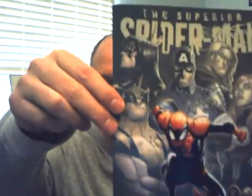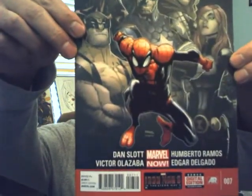Next up is Superior Spider-Man, number 7. Dan Slott, of course. Humberto Ramos, Victor Olazaba, and Edgar Delgado doing that. This is interesting for only a couple things. I'm kind of liking the whole Dr. Octopus as Spider-Man angle, although what I'm seeing